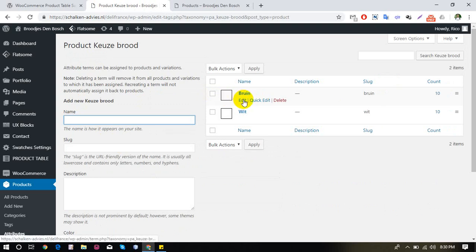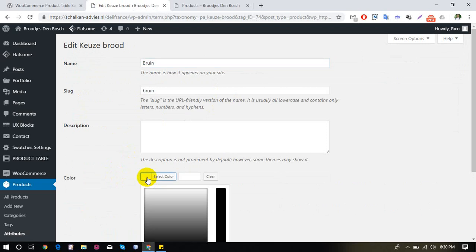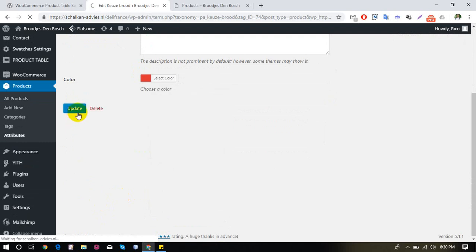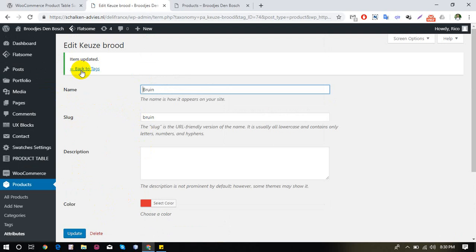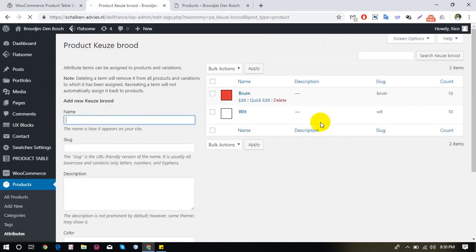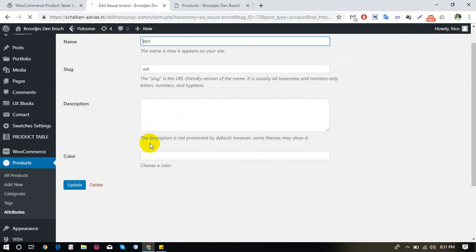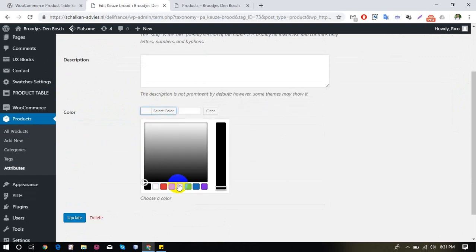Now you can set color here. I will just set a color for the value. Just a test. Back to tag, edit, choose color,